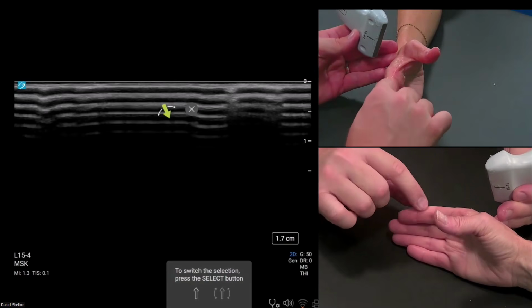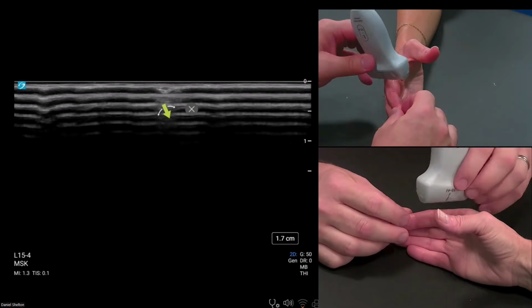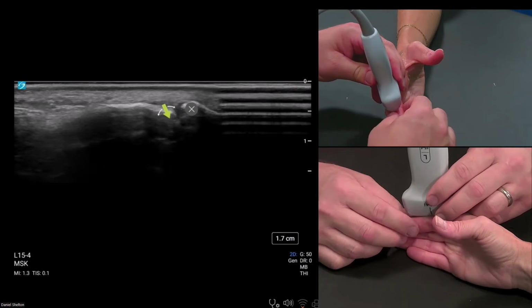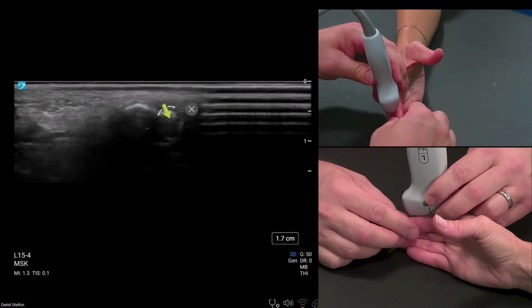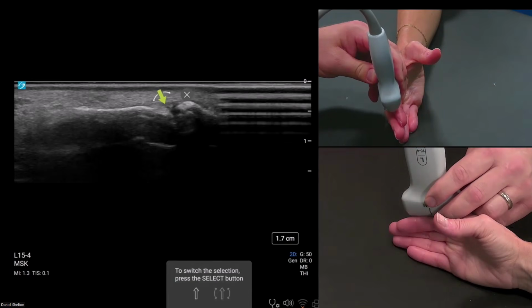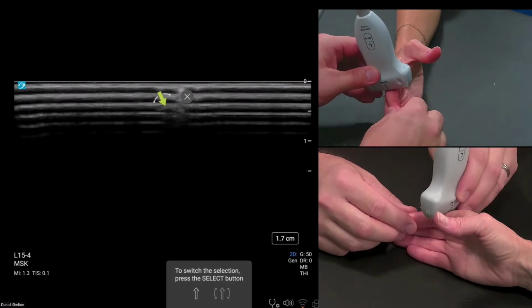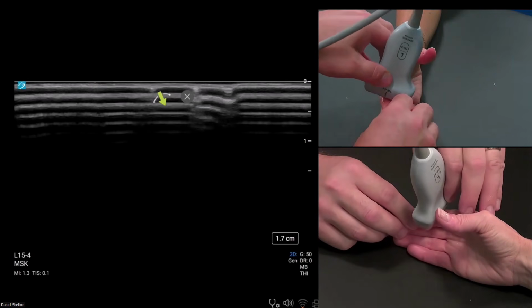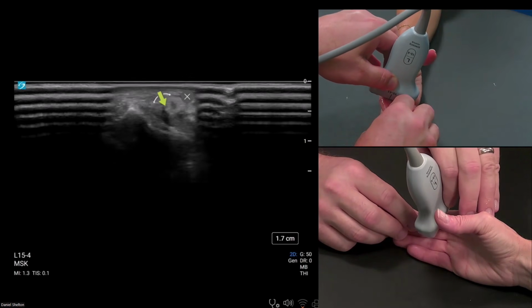When you get down to the PIPs and DIPs, I would more or less just look for the same landmarks, just with fluid collections or anechoic gaps. But you can see the same thing here. So you can see primary collateral superficially, and then you can rotate your transducer. I think it helps to just completely rotate the probe to go find a palmar plate and then work your way backwards on a PIP joint.